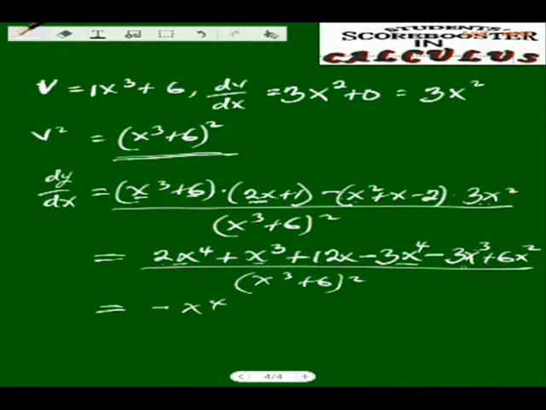I have s cubed here, I also have s cubed here. So I'm going to have 1 s cubed minus 3s cubed, that will be minus 2s cubed, right? So again we have s squared here, we have minus 3s squared,